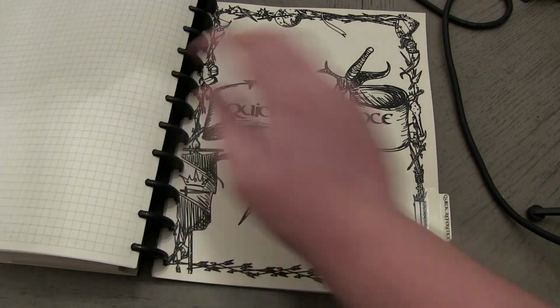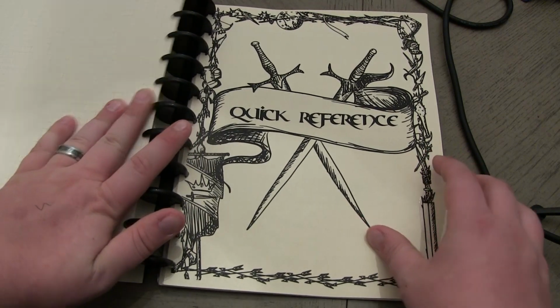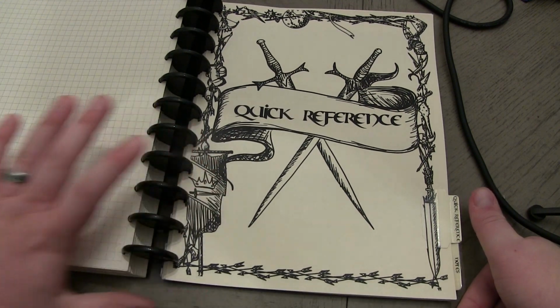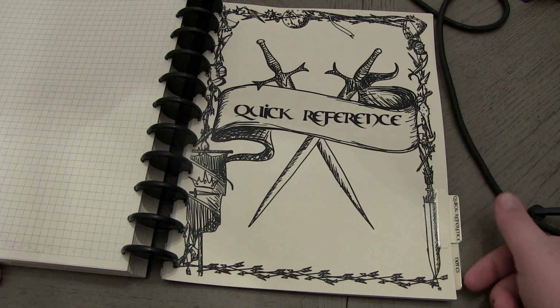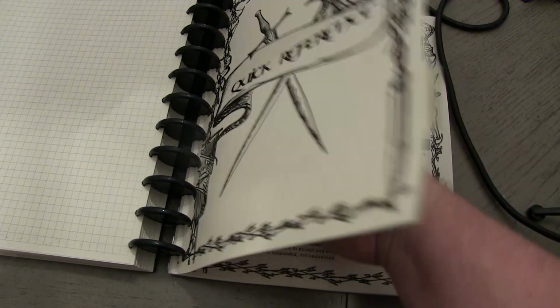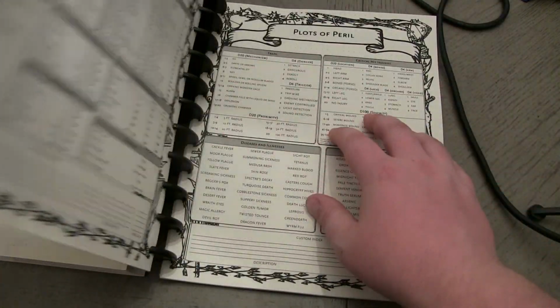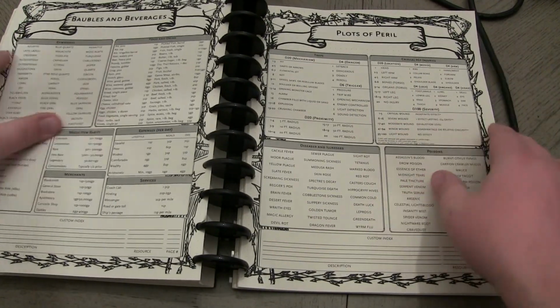And we have a quick reference guide. This is cool. I was looking through this, and when I initially opened it for the first time I freaked out and had to take a second, pause and breathe, because it was just overwhelming in a good way. Quick reference has literally quick references to different things like conditions, plot hooks, food and beverages,